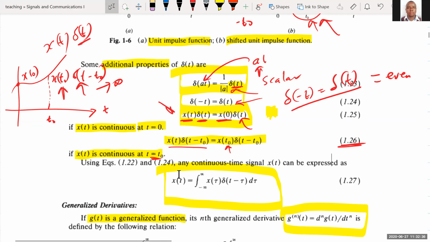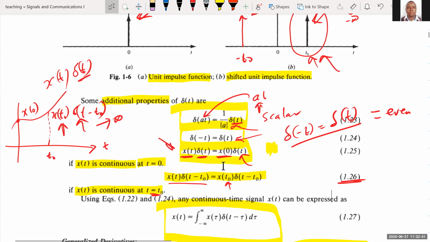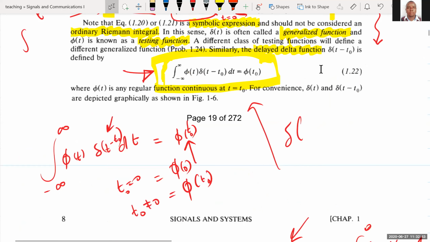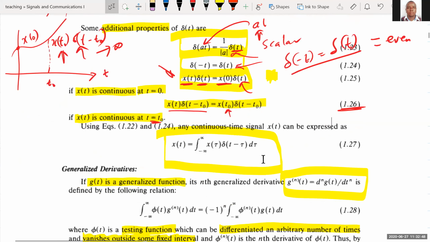So this equation, 1.2 and 1.4, can be expressed as an integral, and this integral is actually referred to as the convolution integral. That says that the function x(t) can be expressed as an integral of x(tau) and the shifted value of the delta function